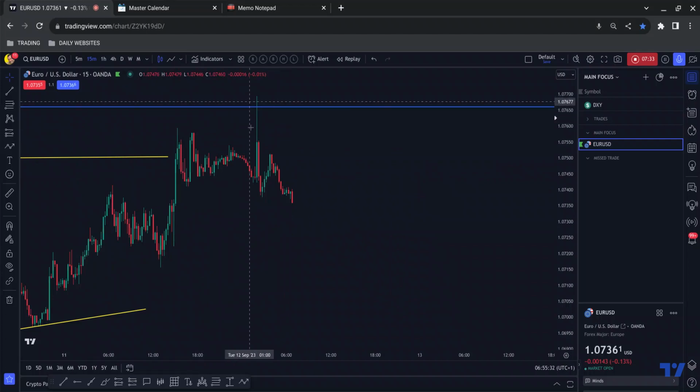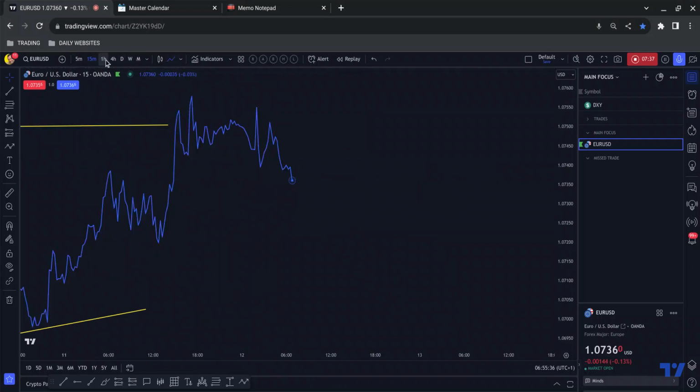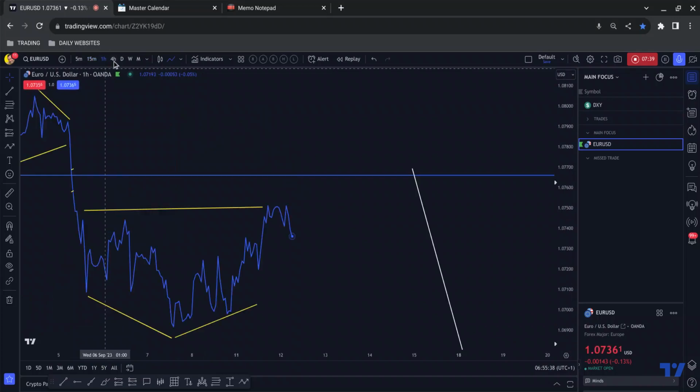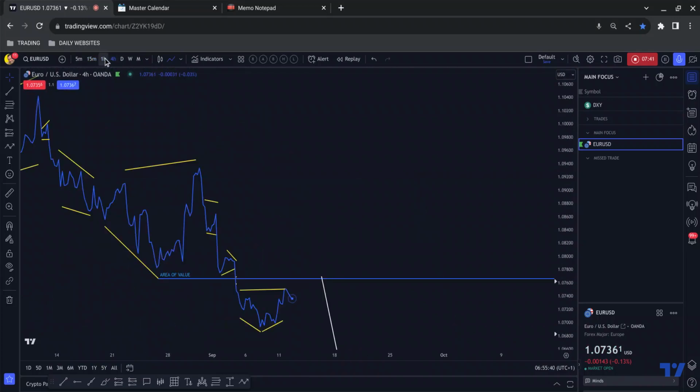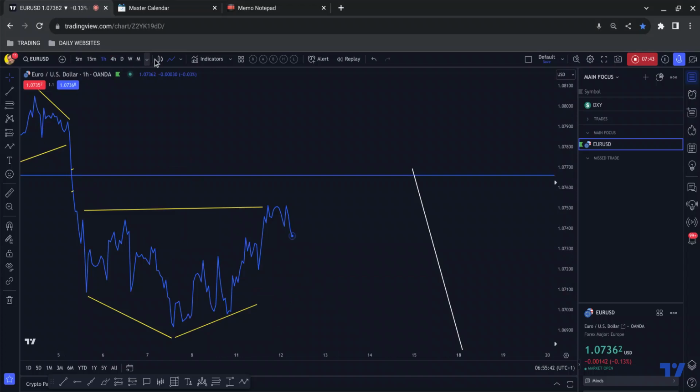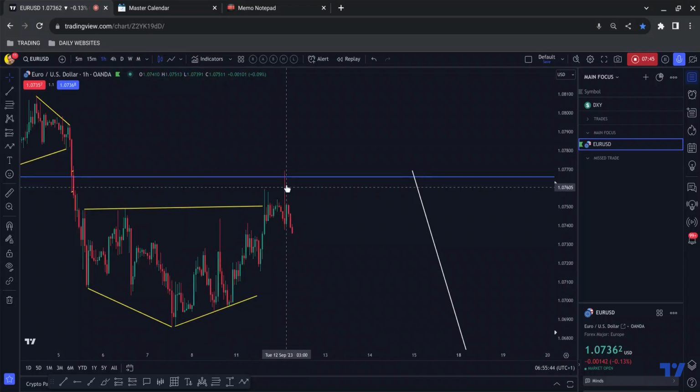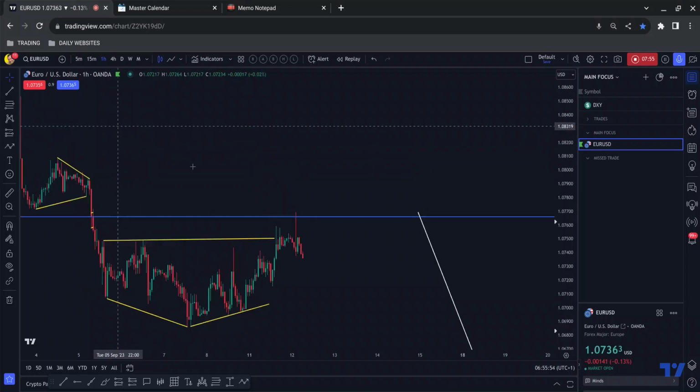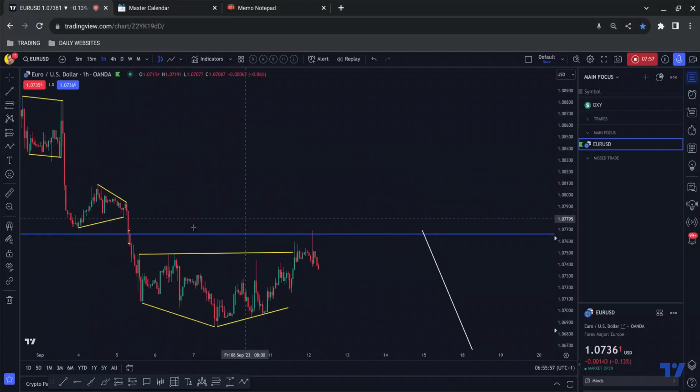And on the 15-minute chart, it's a wick. And if we just drill to the line chart in all three instances, you can't see that wick on any time frame. Okay, that gives me a clue that that wick is just a volatility spike, right? So what I'm going to be looking for, given that this also happened during the early hours of the morning, which is not typically when euro dollar moves, is that it gives me a clue that this is not the area of value, which is why I don't have a blue line there